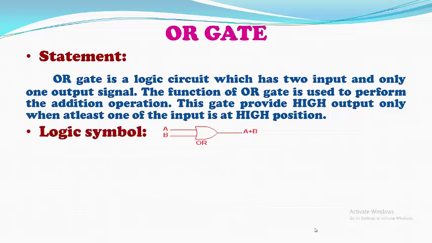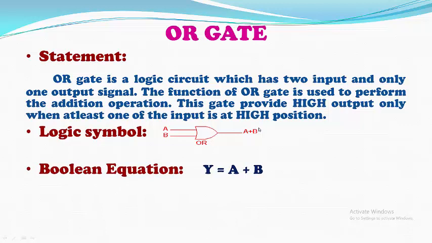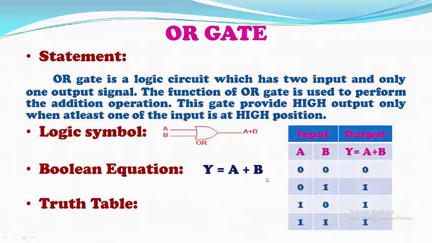This is the logic symbol of the OR gate. It again has A and B as the two inputs, and A plus B is the output equation of this OR gate. The Boolean equation Y equal to A plus B is the Boolean equation of the OR gate. Now we will see the truth table, nothing but the function of this particular logic gate. Again we have to calculate the total possible combinations of this truth table, which are calculated by applying the 2 raised to n formula, in which n is the total number of inputs, and for this OR gate we have two inputs A and B.